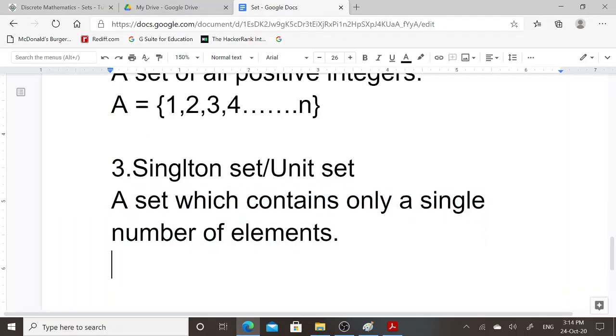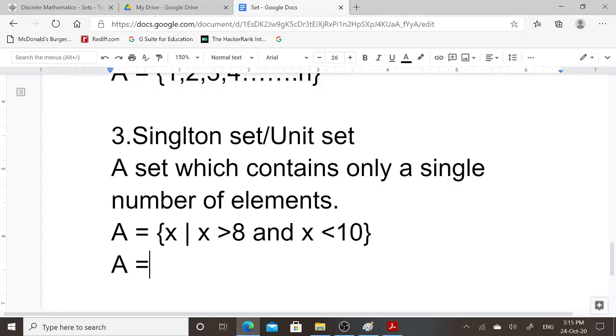Now what is the example of this set? I will specify this set in set builder notation form. Set name is set A, x is such that x is greater than 8 and x is less than 10.